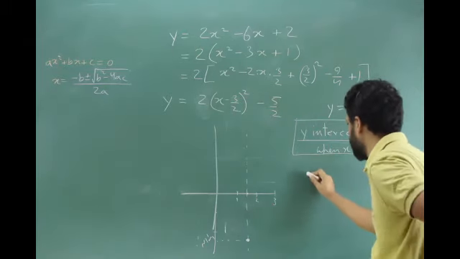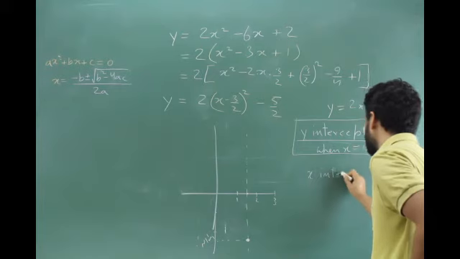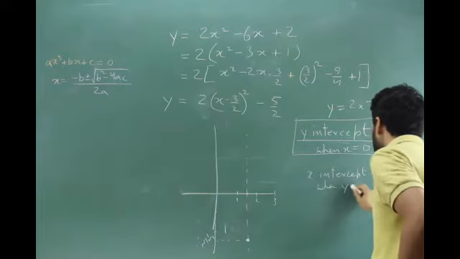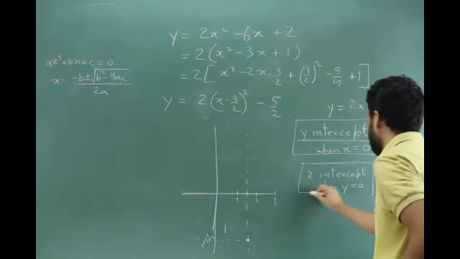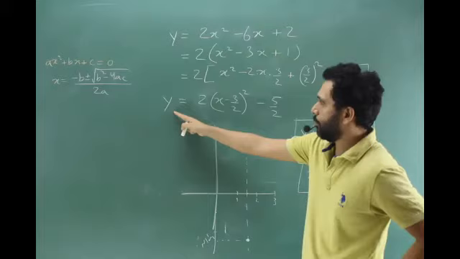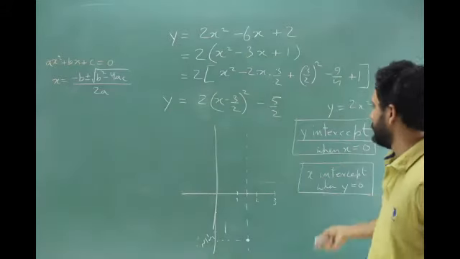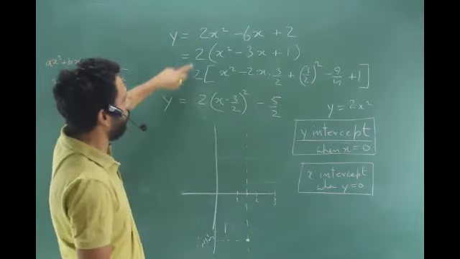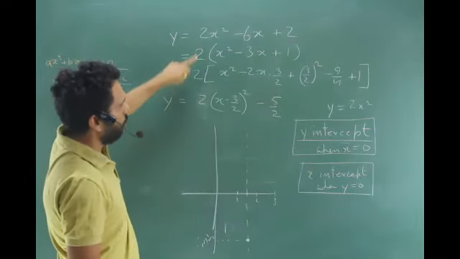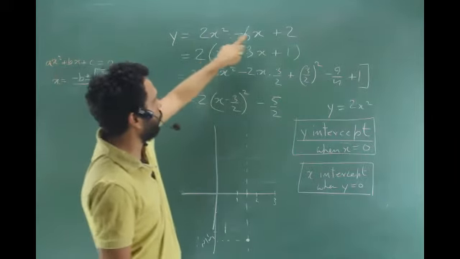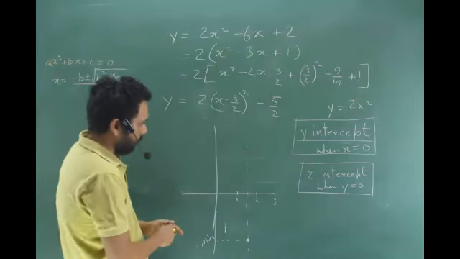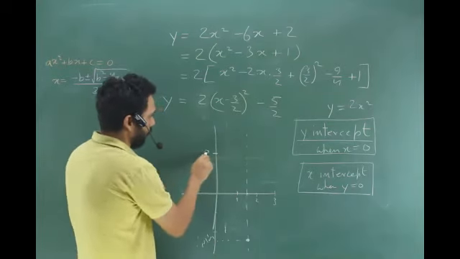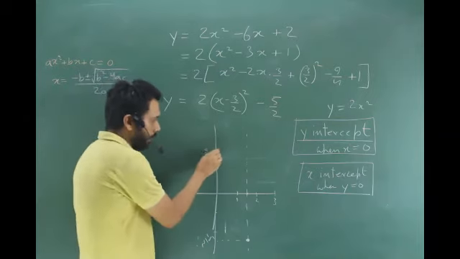And how do you get the x-intercept? When y is 0. When y equal to 0, you get your x-intercept, right? Doing y equal to 0 is a bit complicated. Doing x equal to 0 is quite easy. So I'll get my y-intercept first. X equal to 0. Shall I put it here, here, here, here? Which one do you prefer? The first one. All are the same. Here I prefer. So x equal to 0, I'll get y equal to 2, right? So y equal to 2 was this much. So y equal to 2 is here. So it is going to cut here.